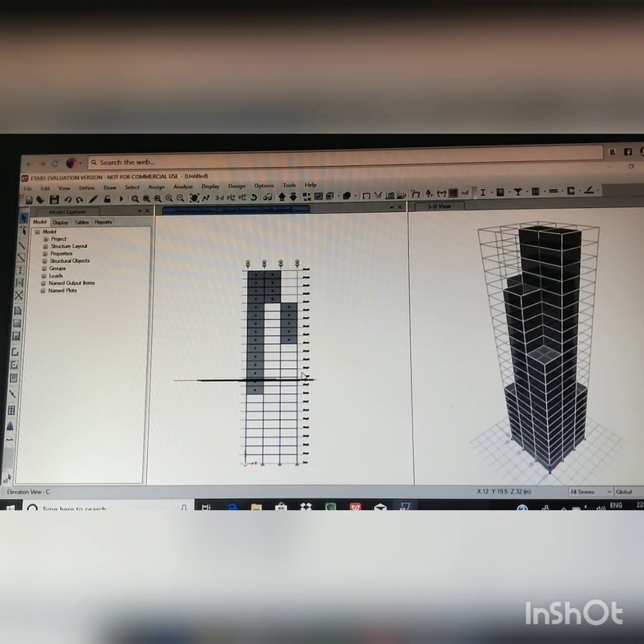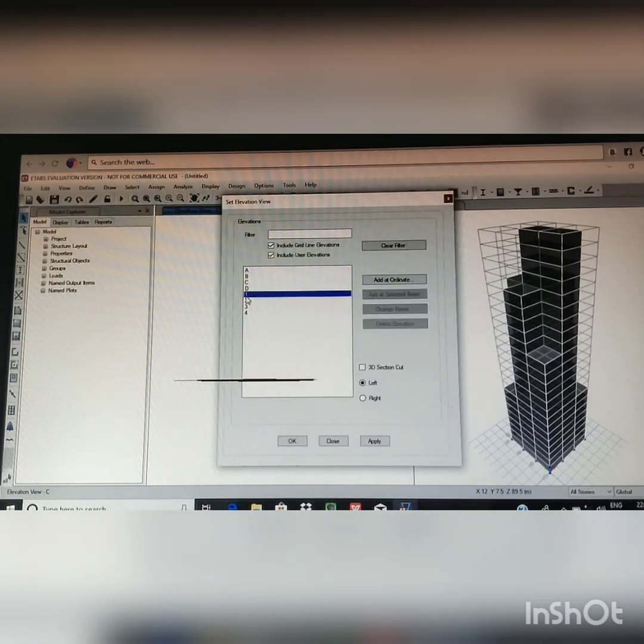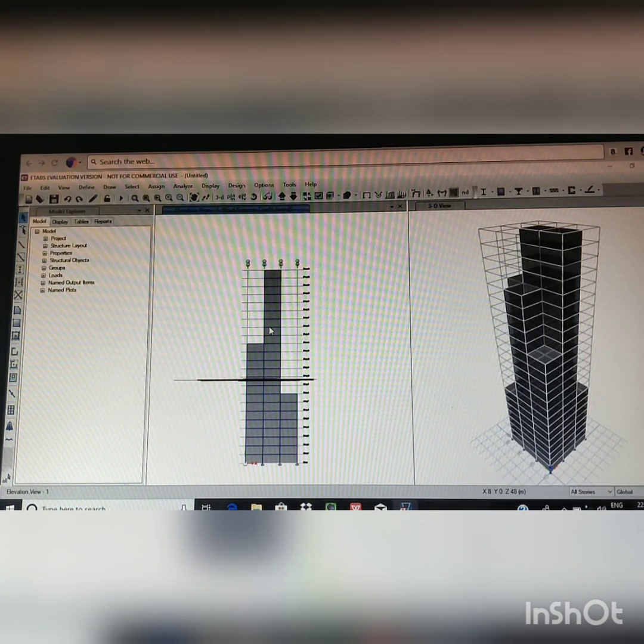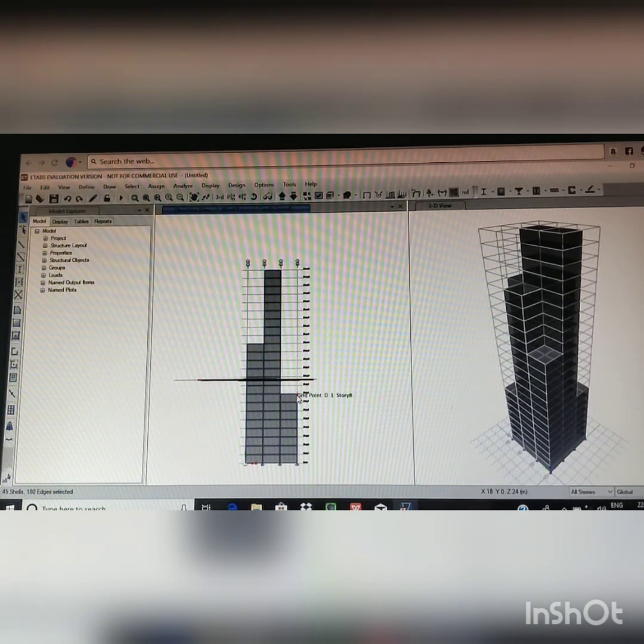Now we apply wind loads on the other two sides having same CP, that is minus 0.8. Then select elevation and select 1. Then click on OK. As we know the CP is same for the other two sides, so we select the claddings. So we can select the cladding of different sections. Go to the move up.